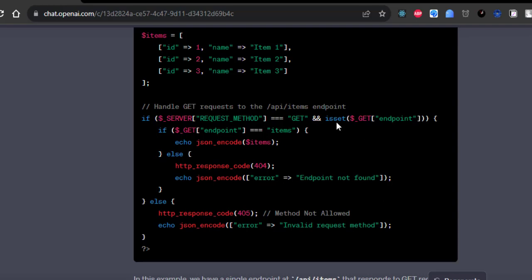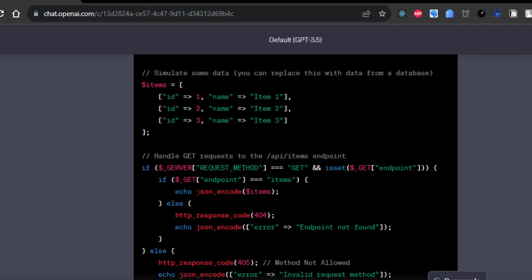It means if we have an endpoint named endpoint, then if those conditions are true, we will check if this endpoint has a value of items,